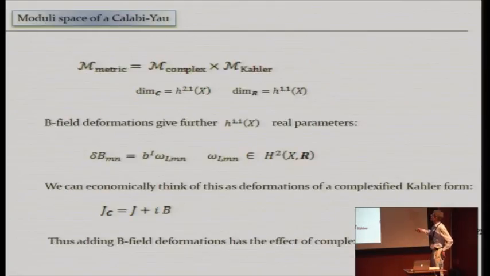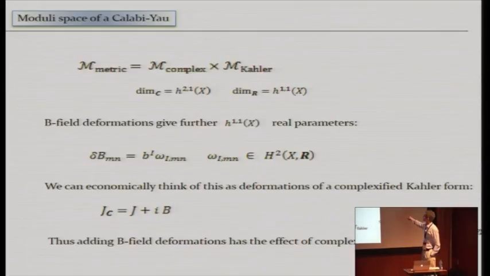So the metric moduli space is this complex structure moduli space and the Kähler moduli space, and then we can add deformation of the B field. Of course, the B field has to satisfy the equation of motion when you deform it, which says that the internal wave function has to be harmonic, and they're precisely the harmonic 2-forms on the Calabi-Yau, and remember from the Hodge diamond, H22 in fact is H11.